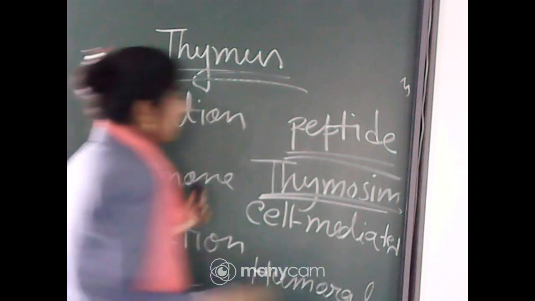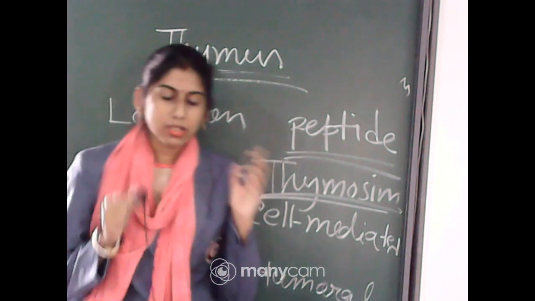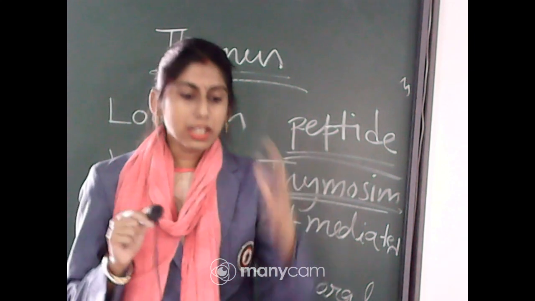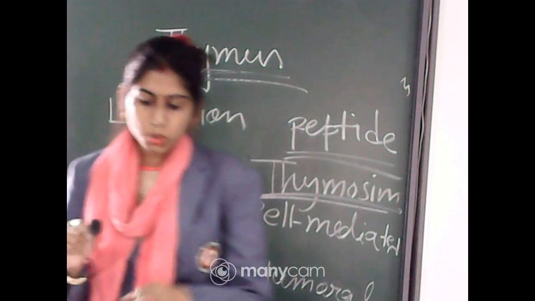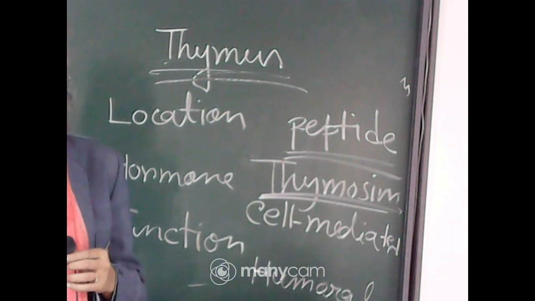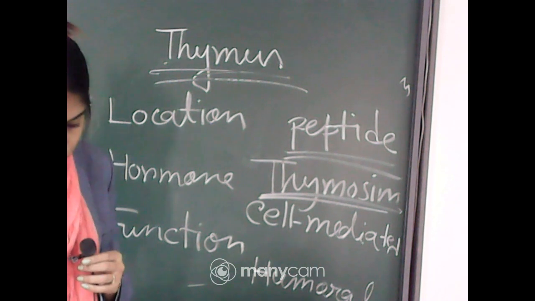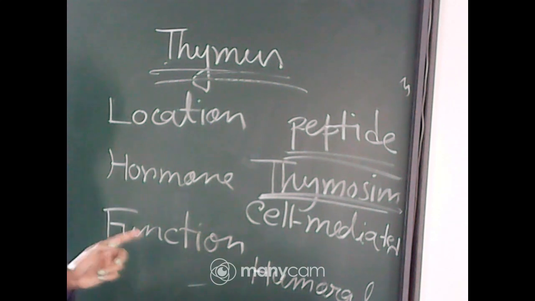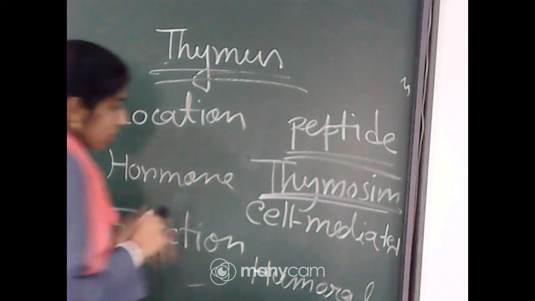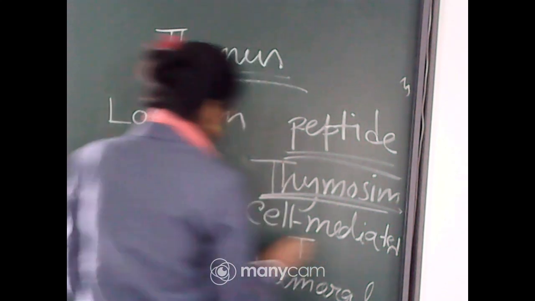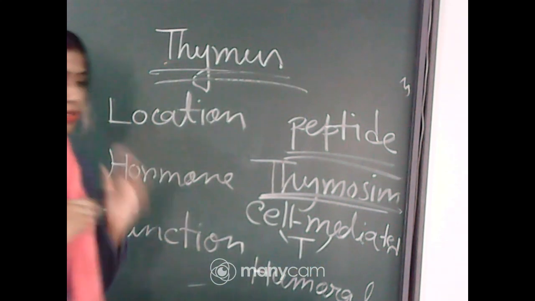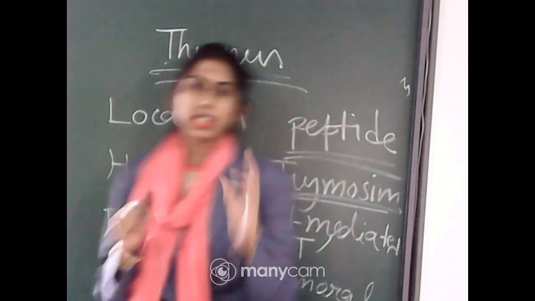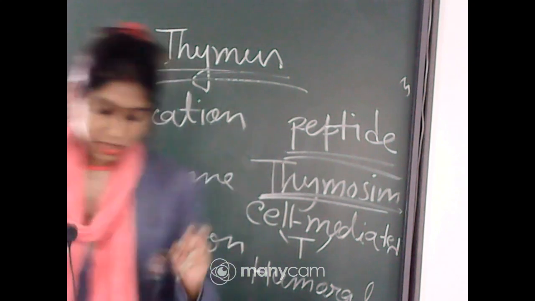And already you have read about the lymphocytes. So in response to the immune system, two types of lymphocytes are there, T lymphocytes and B lymphocytes, and these two lymphocytes are related to these two types of immunity. So T lymphocytes are related to cell mediated immunity, and thymosin has a major role in the differentiation of the T lymphocyte. Okay, so the first role is that thymosin plays a major role in the differentiation of the T lymphocytes, and T lymphocytes are related to cell mediated immunity.